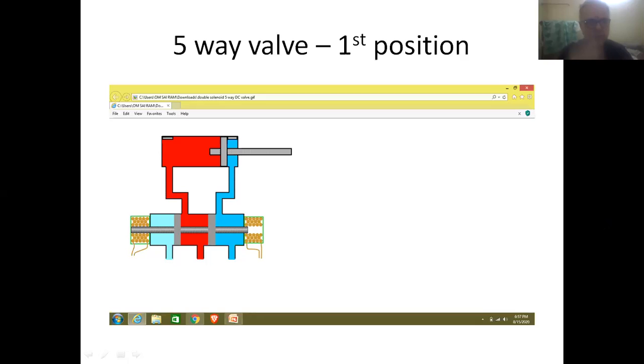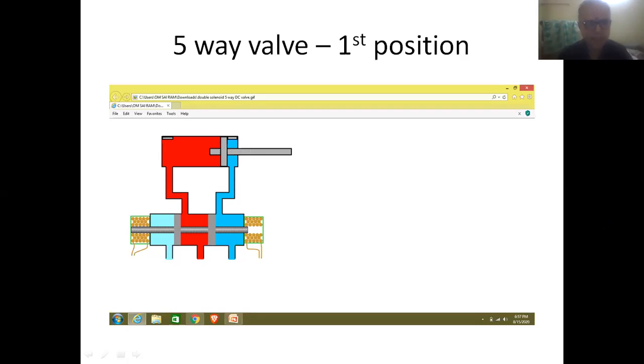So friends, the first spool is coming in contact with the spool rod, and the spool rod is ultimately coming in contact with the second spool of the DC valve. So therefore, just like any other valve, all these elements will be moving in to and fro directions as a single unit.